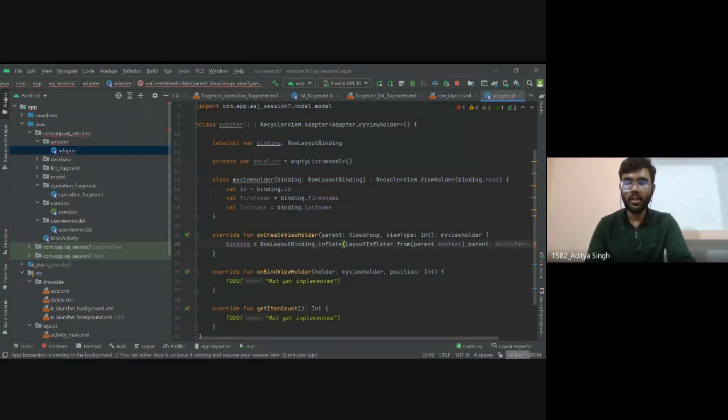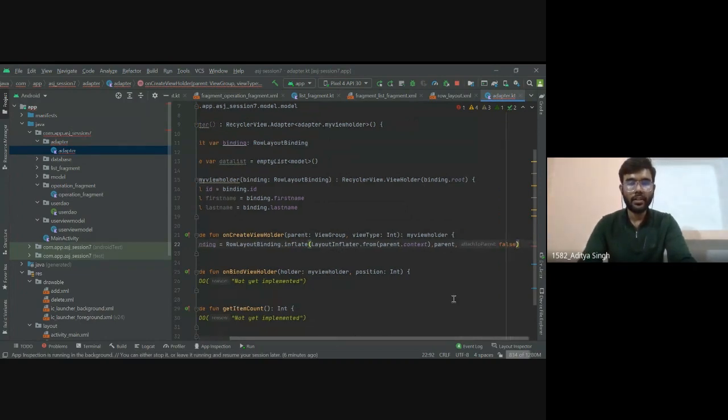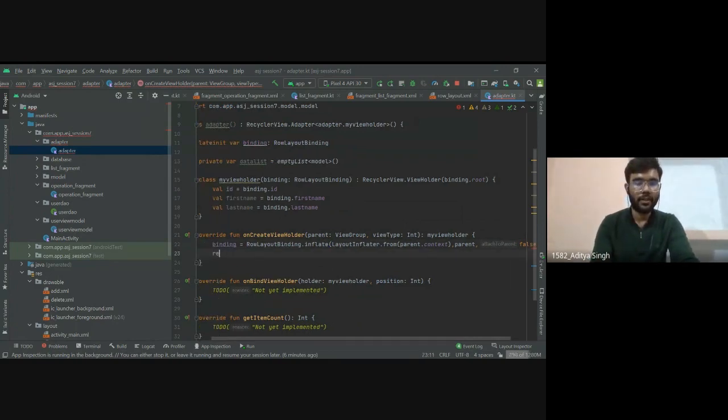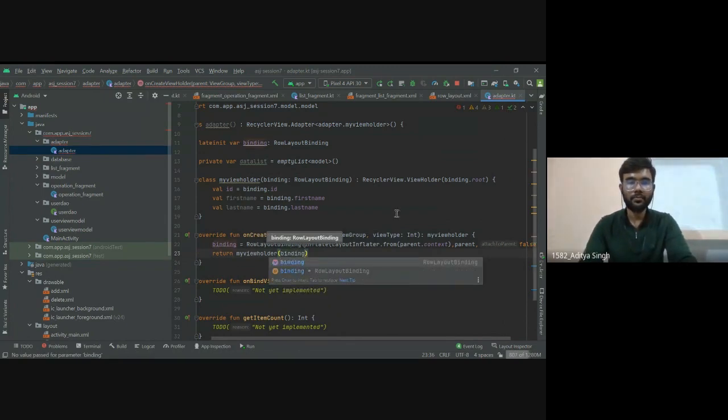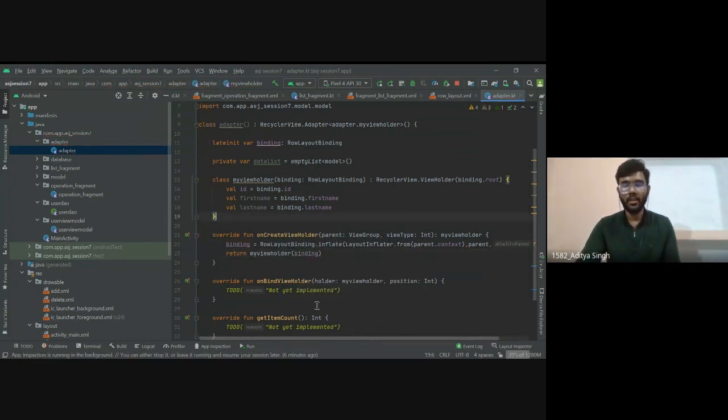Okay, so this is how it's done. And for the return type we will pass MyViewHolder, and binding inside this. Okay, so this part is also done.